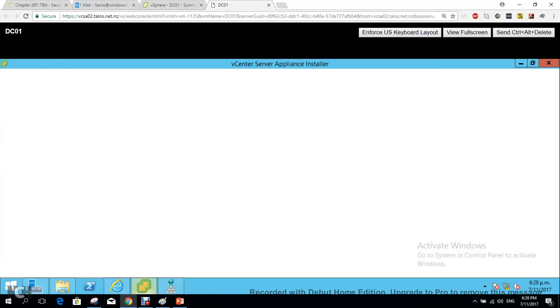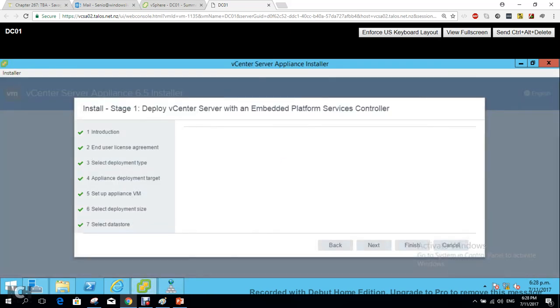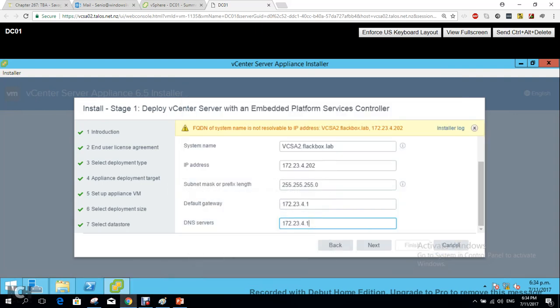So now if we go back to the Server Appliance installer, which is frozen, I'll unfreeze it and then I'll come back. Okay, so it should be a lot quicker now. So if you get the FQDN of the system name is not resolvable, the first place you want to check